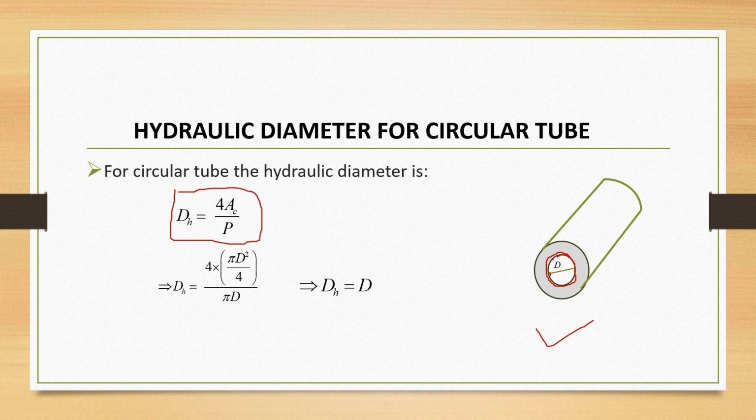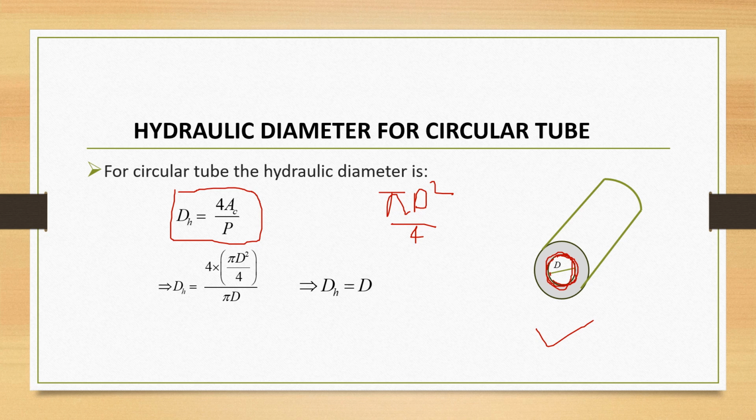And for this case we have the area of cross section as pi d square by 4, because this shape is circular, so we have the area of cross section as the area of circle, and this is equal to pi d square divided by 4. Now the question is how do we write the wetted perimeter. So for this case,